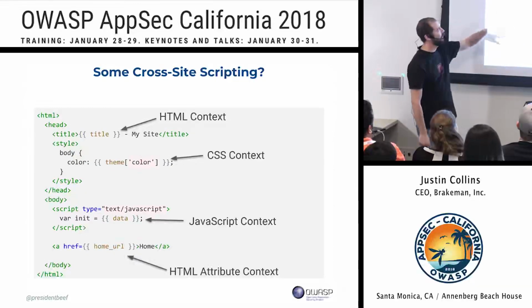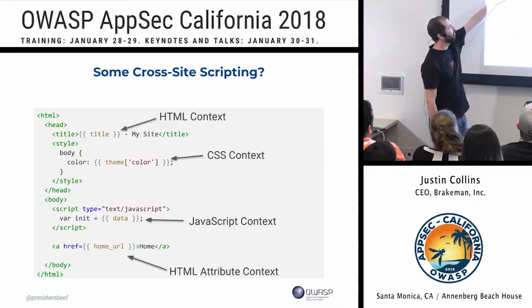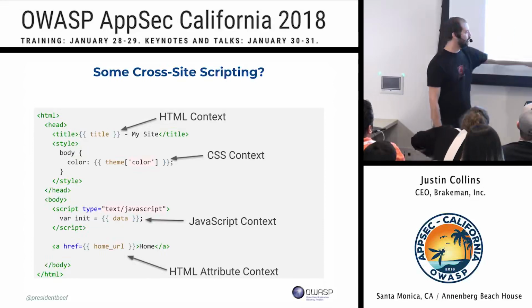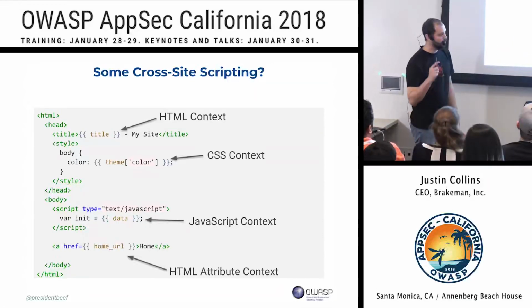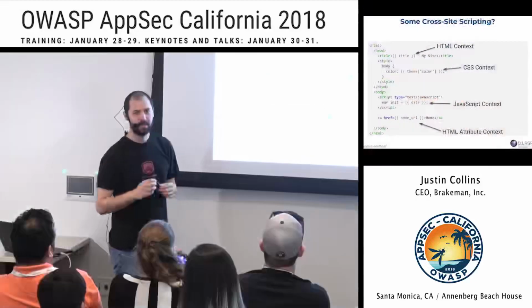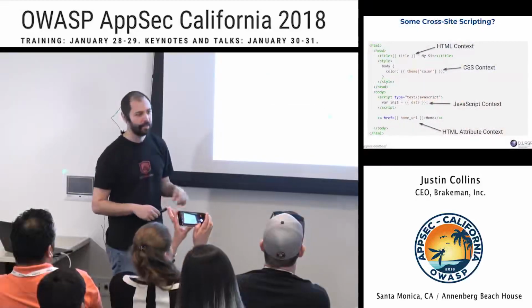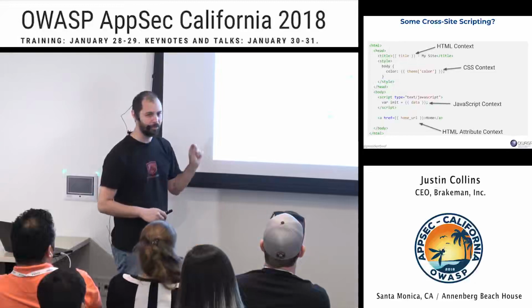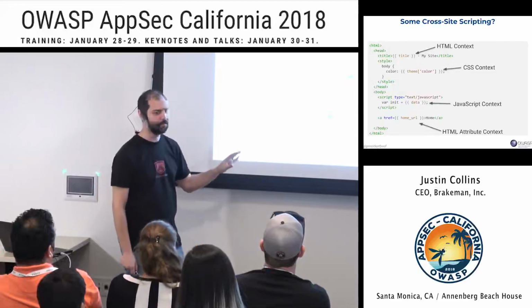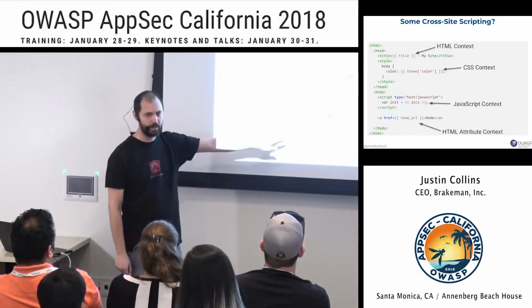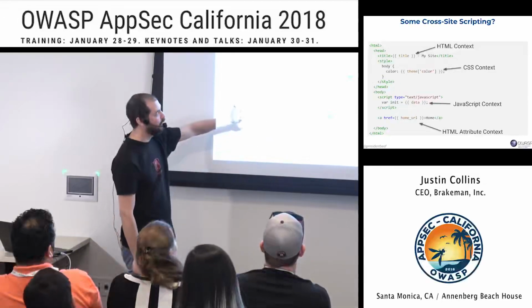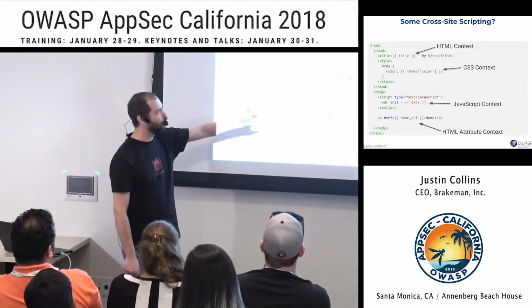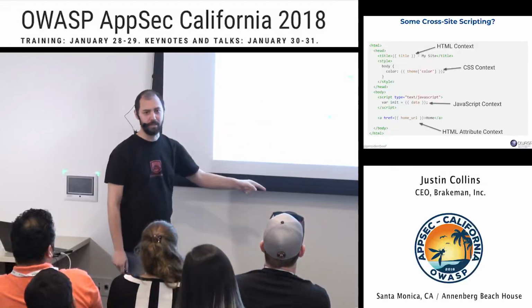At the top, we're just in an HTML context. Here we're in a CSS context. Here we're in a JavaScript context. Here we're in an HTML attribute context. It's very unlikely that your templating library even offers the correct escaping for all these 4 contexts, and there are like 5 or 6 that can happen in HTML, right? So even if you wanted to do the right thing, probably not going to be able to.